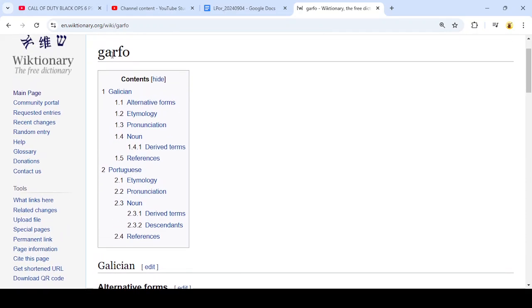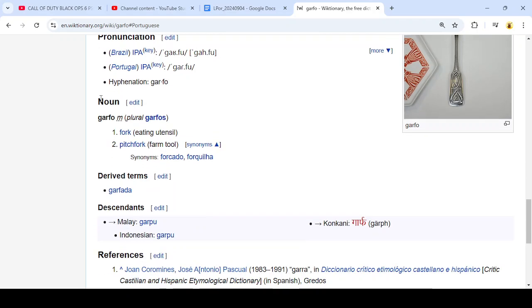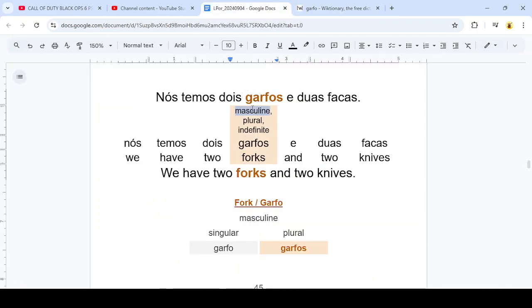And if I type in garfo, it pulls up a page for a Portuguese word, and it's listed as a noun. And here it's listed as a masculine gender noun. So that's how you can find the gender for the word garfo. From the English translation, forks, we know that forks is plural. So we have the count being plural. And then there's no definite article here, so this is going to be an indefinite